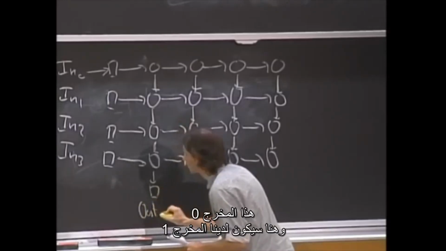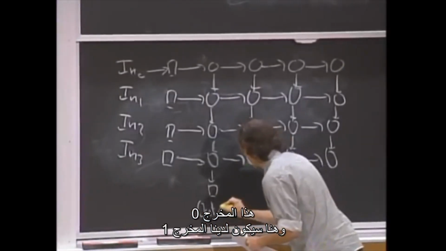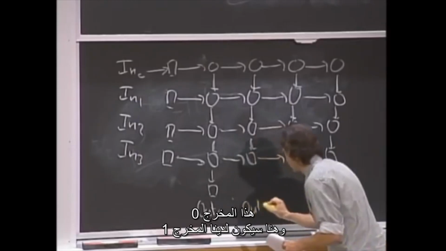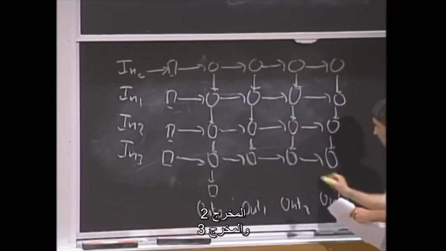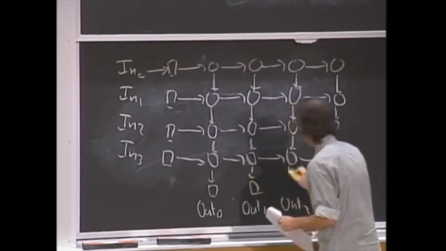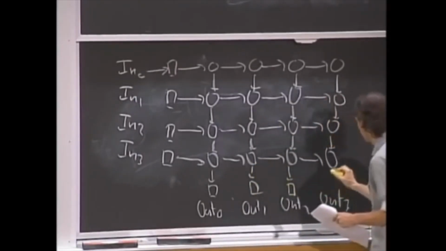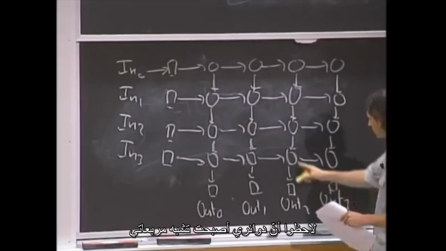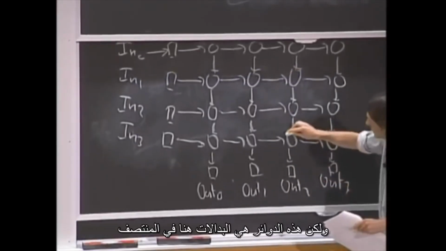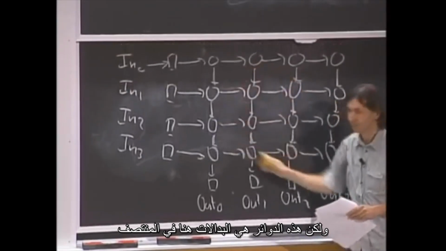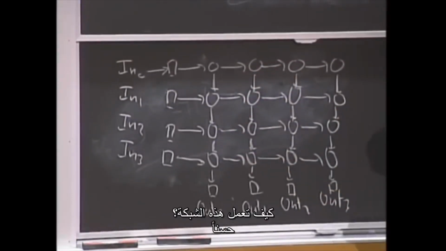So this is output 0, and here we will have output 1, output 2, and output 3. I notice that my circles start to resemble my squares, but these are all the switches right here in the center. So how does this work? Well,